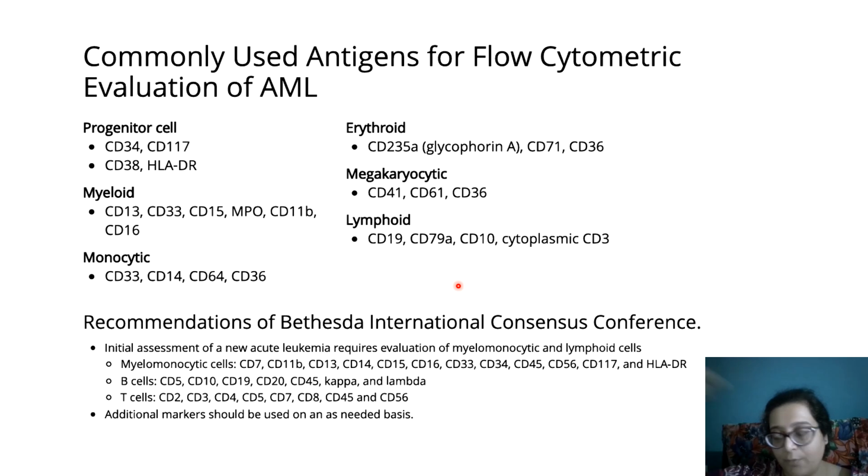Now, say my population, I'll show you. There are 4 colors of scatter plot. You see pink, green, yellow, blue. Supposing my population of interest is that pink or red area, which could be blast. Now I will select that, and using the software, I am going to put certain combinations of markers which are already run and fed in that flow cytometry machine on the computer to see how the position of that red blob of cells is changing. And then I'm going to see whether it is positive, negative, and make a diagnosis. You need to do it. My verbal explanation might not be enough for you. Okay.